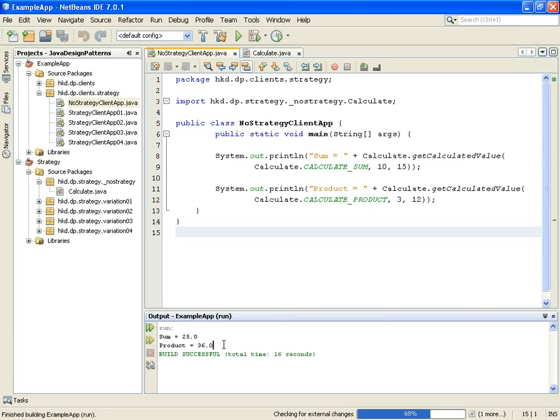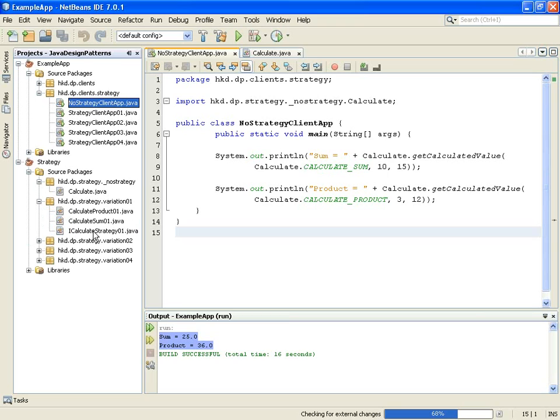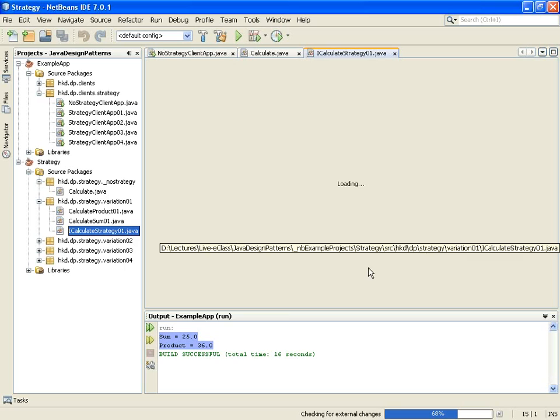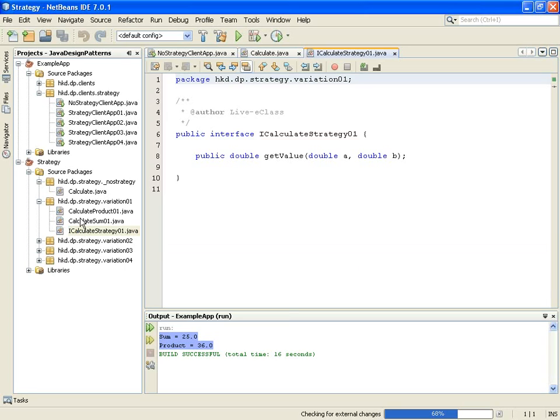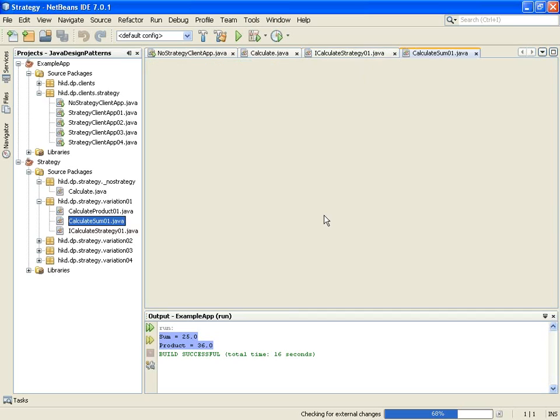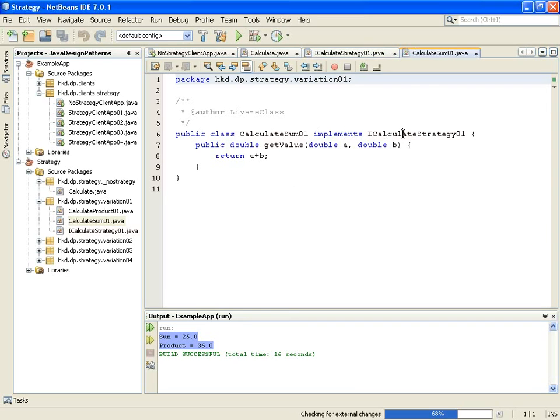So this is the output. Now let's see our strategy 01 implementation. This is our interface, ICalculateStrategy, where we have a behavior getValue, and this is our CalculateSum, which is implementing ICalculateStrategy01, and this is the concrete method implementation, returning A plus B,